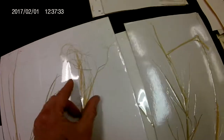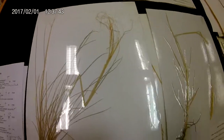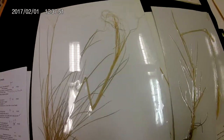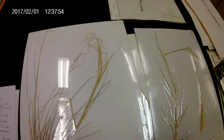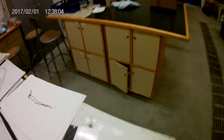So your notes say head partly enclosed in sheath. So this last sheath of this last leaf, it looks like it's stuck down in there and hasn't quite fully emerged yet. These awns tend to stay on this plant for a pretty long time. So you can see these out in the field. You can sometimes see these awns out in the field, especially if they're tucked away in that last sheath. And that's all I'm going to say about that, because that's a pretty distinctive feature for all of the samples that we have. The next one is